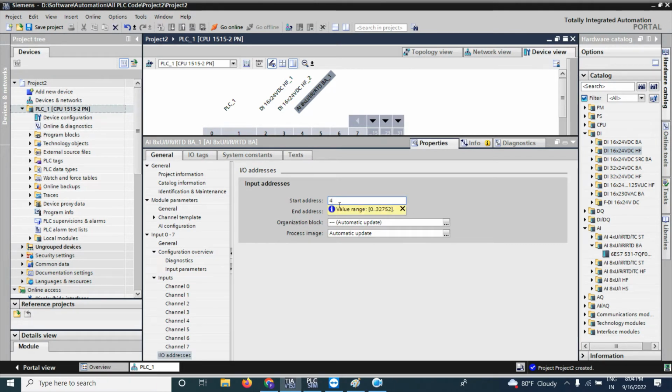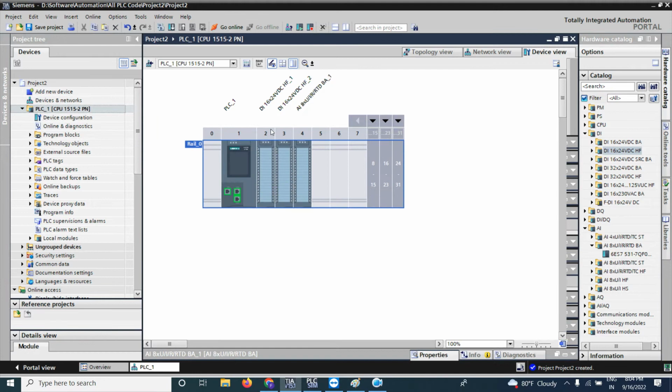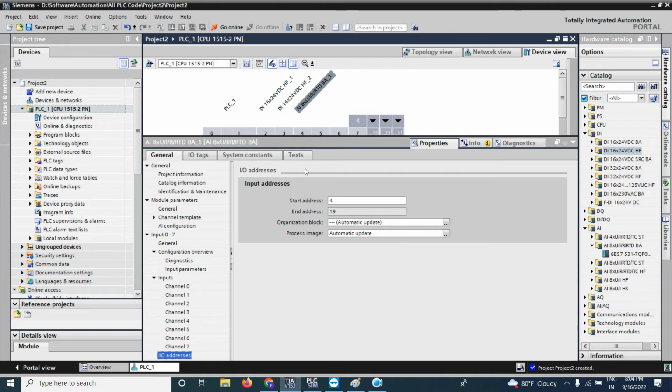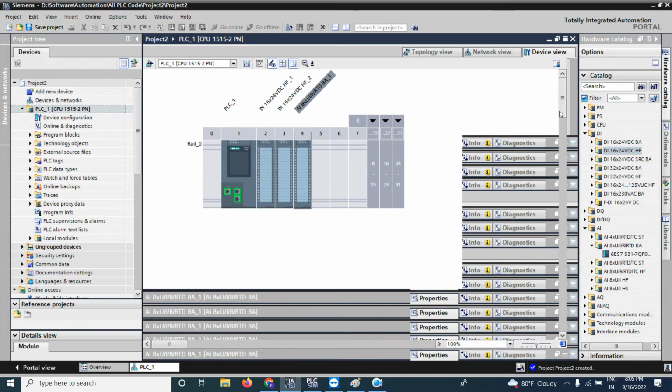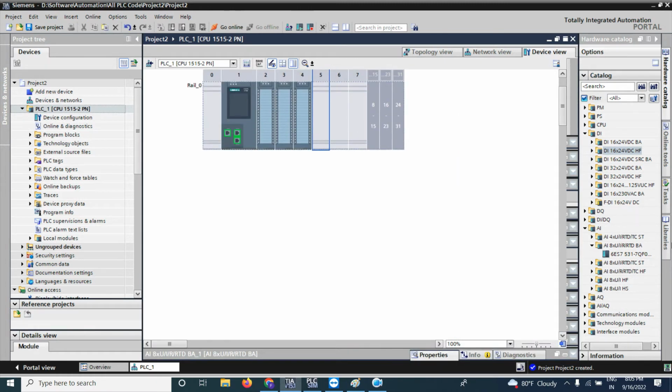You cannot use the first, already used 0 and 1. I will tell you later in the overview. Now I will add a digital output module,